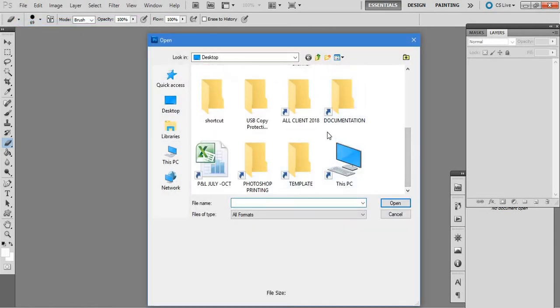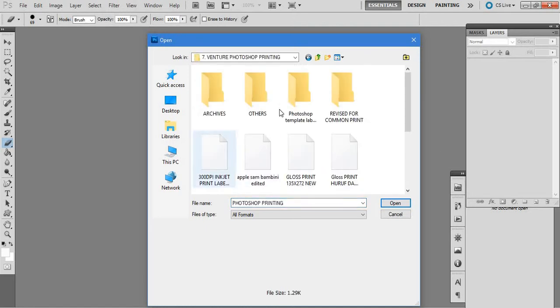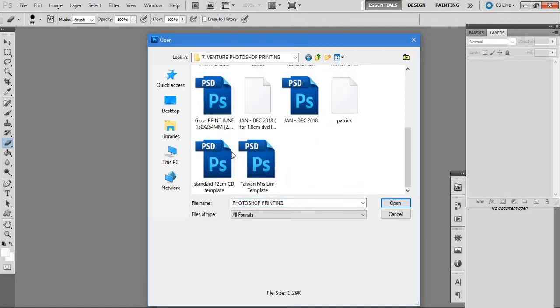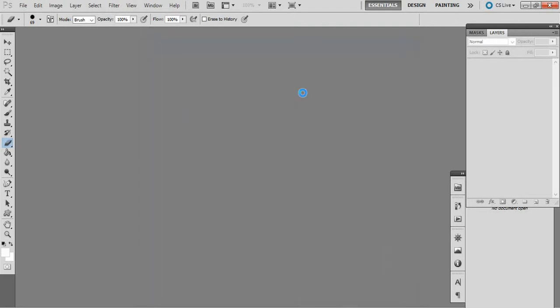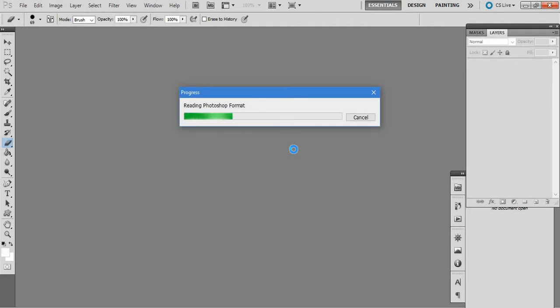First of all, let's say I have an existing design here. This is something that I use mainly for my projects for my clients. If you check earlier, I already explained how to create a CD label using Photoshop. From there I will transfer the design into the template where you can use it to